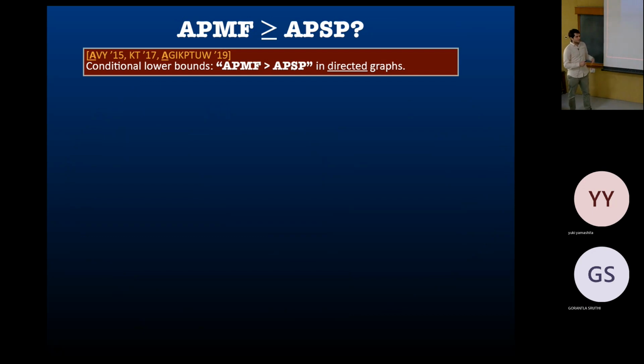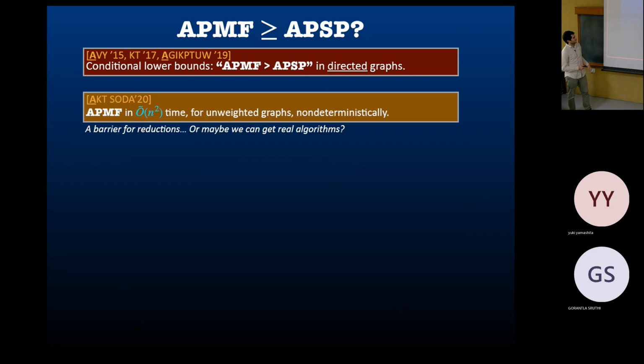So we worked on this for many years, and this is just a one slide summary of what we found. We had this hardness for directed graphs, then we were looking at undirected graphs. We couldn't show any hardness, so we started looking for an explanation. So we looked at this barrier with NSETH, and we actually showed a non-deterministic algorithm for the problem, which was an excuse for why we can't prove hardness.